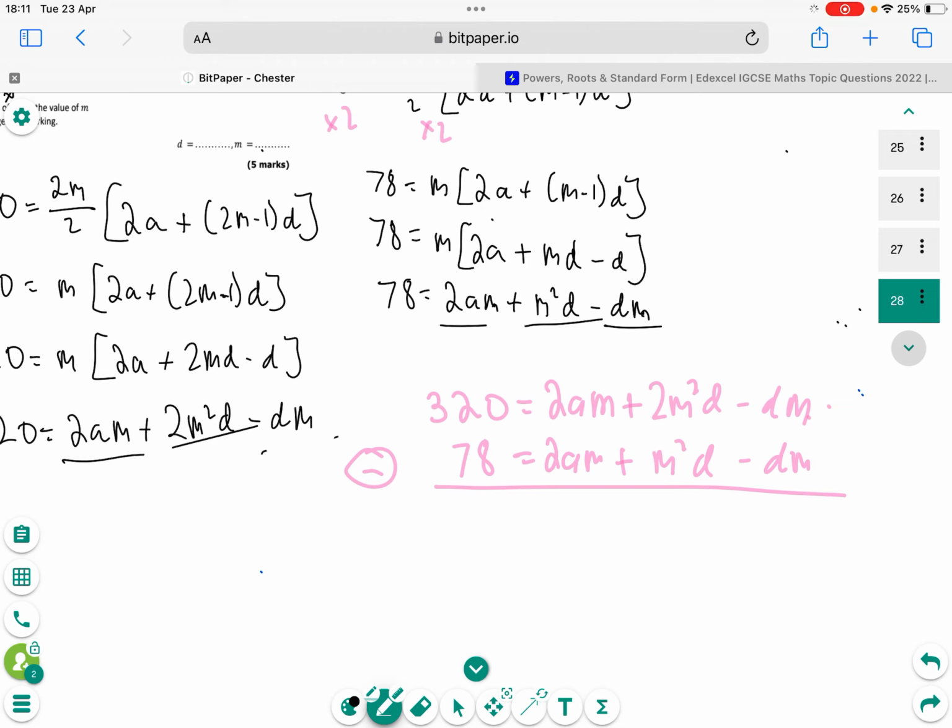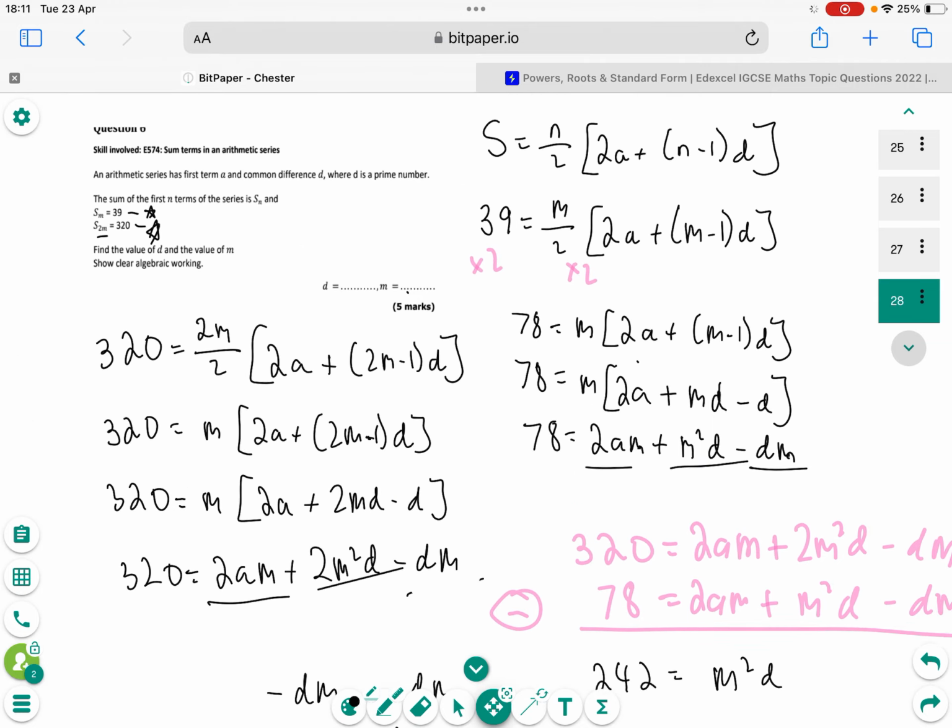So 320 minus 78 is 242. 2am minus 2am is nothing. 2m squared d minus m squared d is just 1 m squared d. And then minus dm minus dm. This could be tricky. Minus minus makes plus, so minus dm plus dm is nothing. So we're just left with this. And then it says